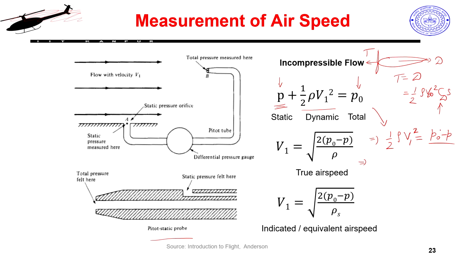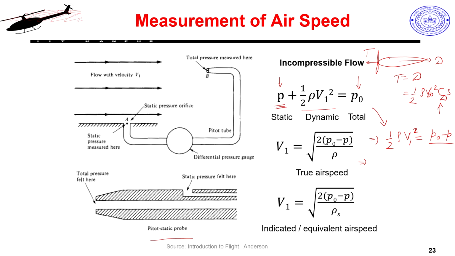I am able to measure these two parameters. Your digital sensors would measure this in the form of some voltage, and then there is some factor which you multiply with, that is a calibrated sensor, and with that it will give you a pressure reading. So, it will give you this differential pressure reading, which gives me my dynamic pressure.